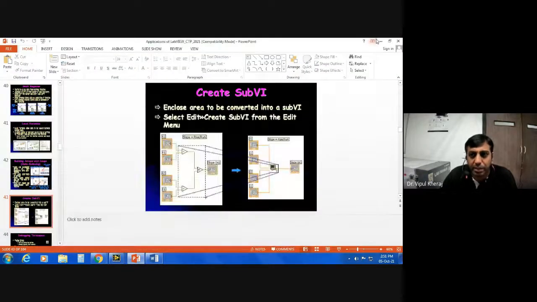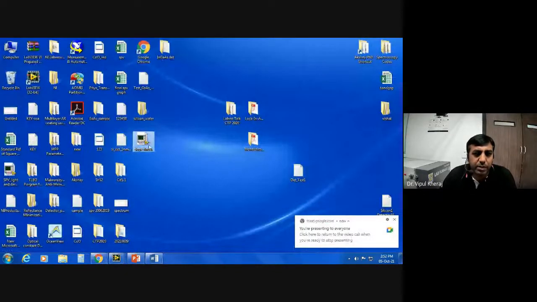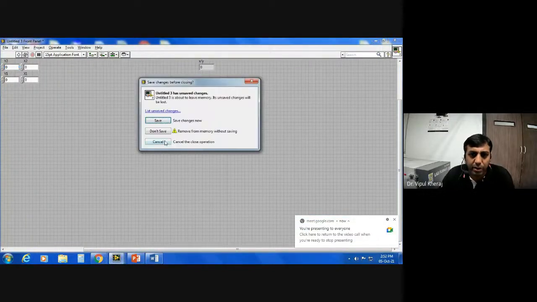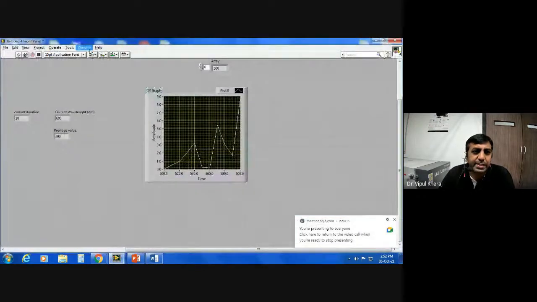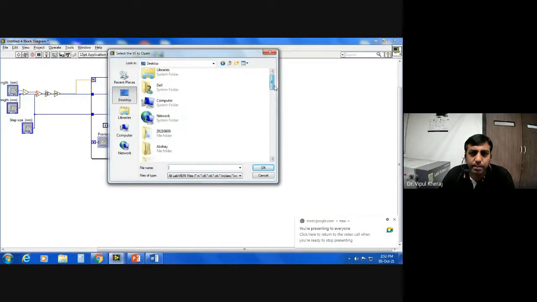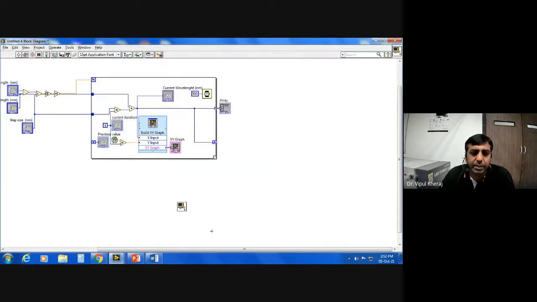I have created and saved it on the desktop somewhere here, right? Slope finder. So this is a LabVIEW program which is slope finder. And now not only in this program, I can open any file or any VI, for example, this one, and simply call Select a VI, Desktop, slope finder. Okay, and it is available here, right? It has all those inputs which were there in the original program. So it has y2, y1, x2, x1, and it gives me the numeric output which is slope, right?